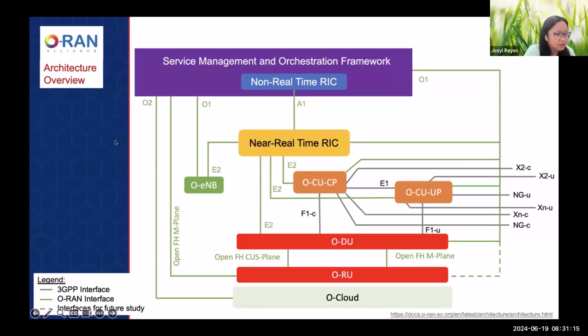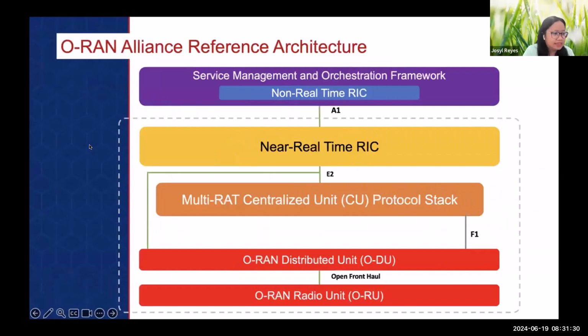Okay, so this is the main slide from the previous related lesson. In the next slide, we'll go over more in detail towards the RAN intelligent controller. This one is slightly different, but honestly, it's the same architecture. It's just called the O-RAN Alliance Reference Architecture. As you can see, the colors are the same, the names and the interfaces.